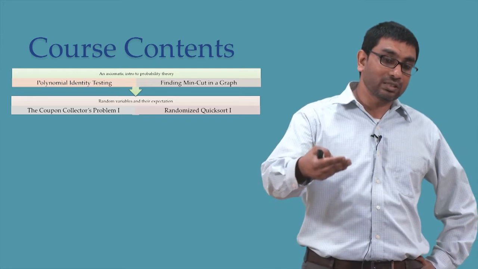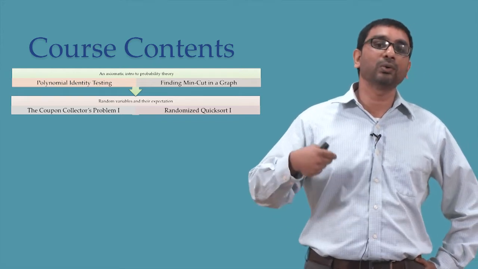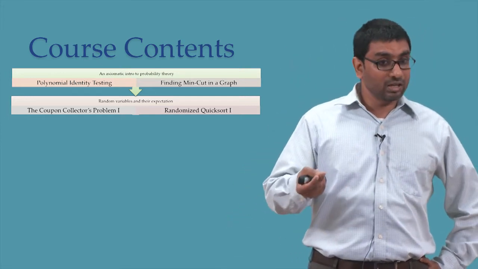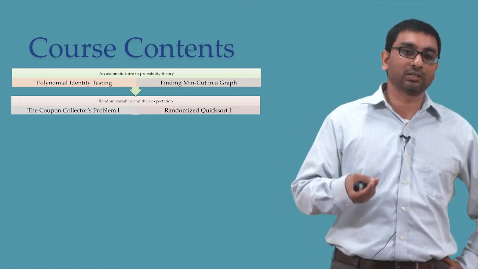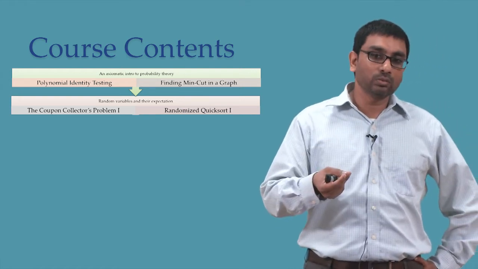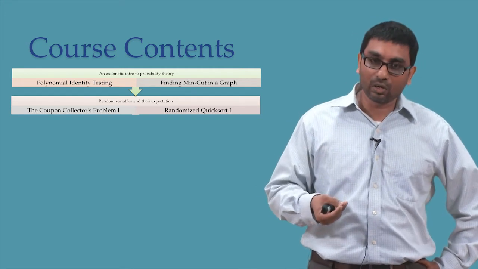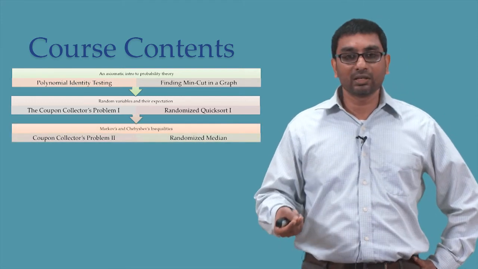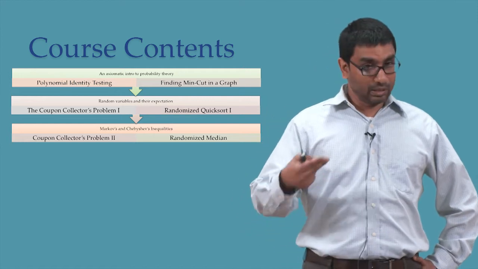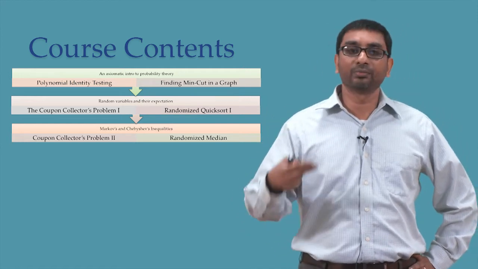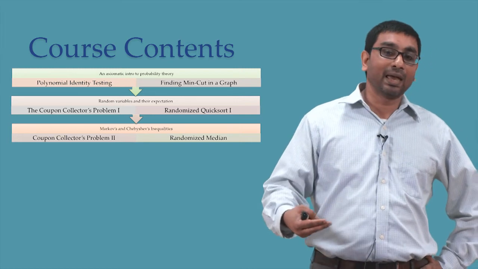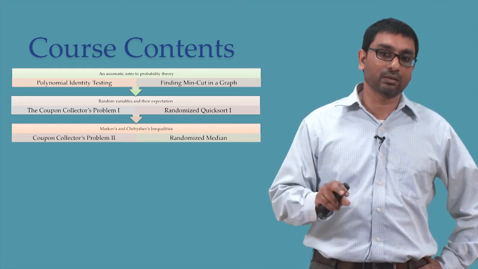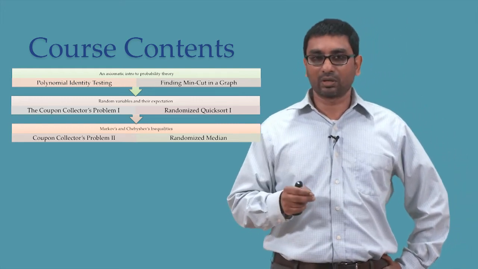This is exactly what we want in computer science, because even though we use randomization, we want the outcome to be fairly predictable. And so the study of tail bounds becomes crucial in the context of computer science. And so we're going to dedicate 2 modules for the study of these tail inequalities. We will introduce them using simple tail inequalities like Markov's inequality and Chebyshev's inequality. And again, we will revisit some of the problems that we looked at, for example, the coupon collector's problem, and we will also study the randomized median, which is a very simple algorithm compared to the deterministic median algorithm, which might have been covered in your undergraduate curriculum.